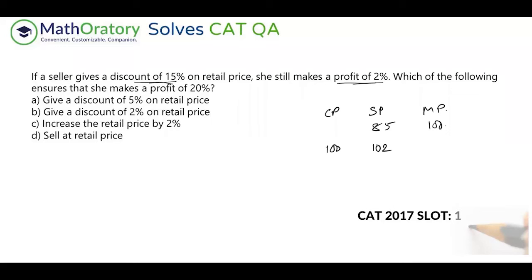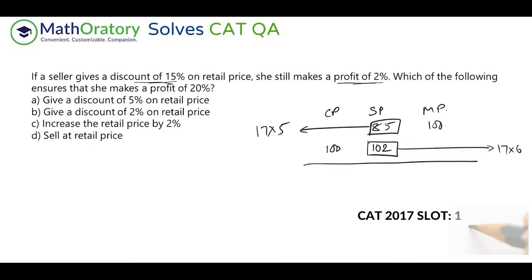So let's do that. First thing, combine the ratio. Don't always just multiply. If you understand a bit of factorization, you will find that 85 is essentially 17 into 5, and 102 is basically 17 into 6. So if I consider the SP to be 17 into 5 into 6, then this 85 is getting multiplied by 6, right? 85 is 17 into 5, so we are multiplying a 6 to it. So multiply a 6 here also.